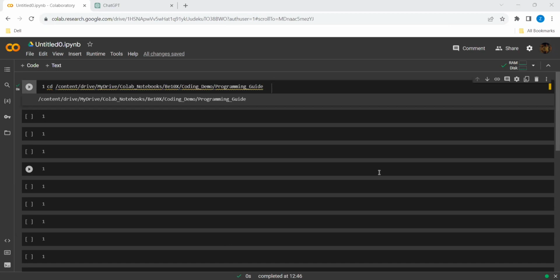Today we are going to see how ChatGPT can be a programming mentor or programming guide for a developer. Imagine you are in a situation where you have a big chunk of code. You don't know what this code does. You want to analyze it, know the exact details of what this code does, and you want to